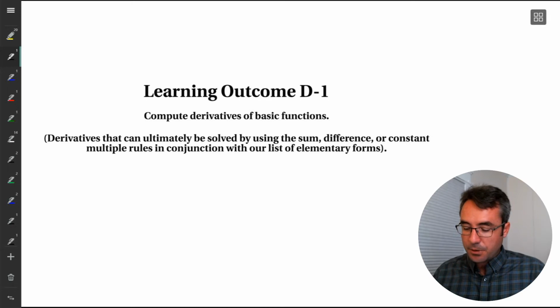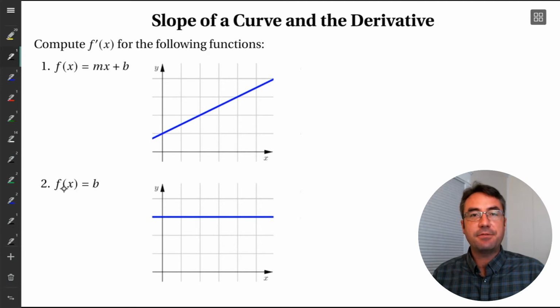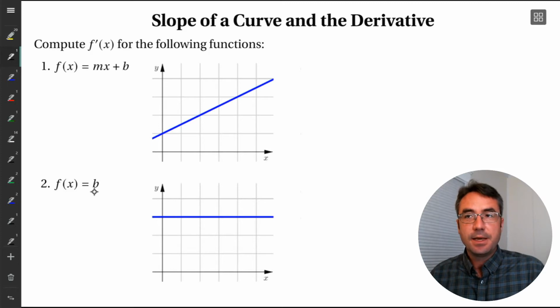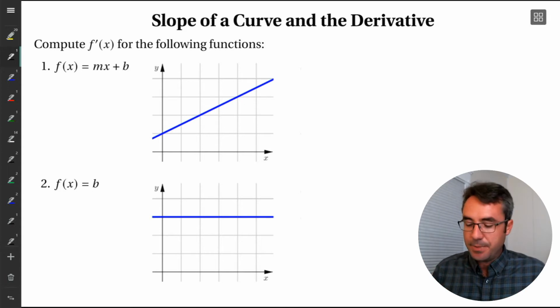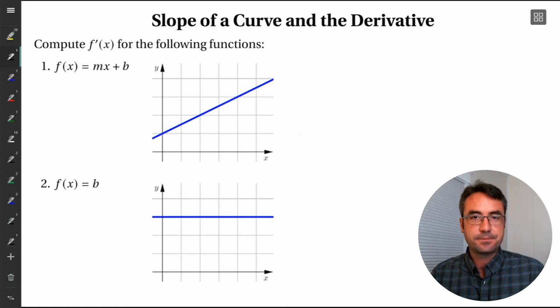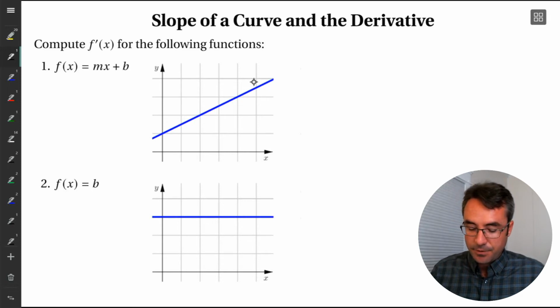All right, so let's start with two functions in particular. The function mx plus b and the function f of x equal to b, where m and b in each case here are constants. These two functions illustrate how the derivative really gives us a way to measure the slope of a curve. So let's start with f of x equal to mx plus b. We want to calculate f prime, but let's think of f prime in the context of the slope of a curve. So here we have our function graphed,